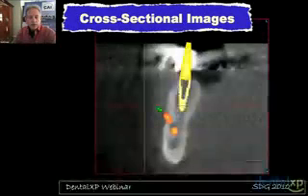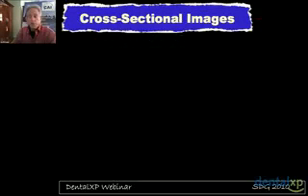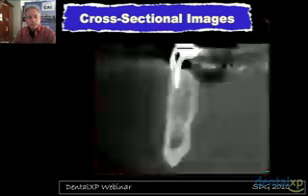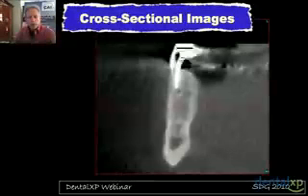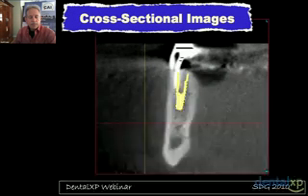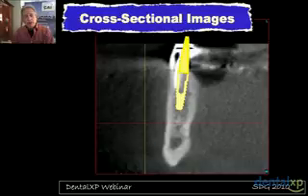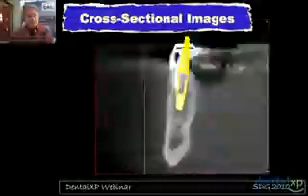We can see the thickness of the cortical bone on the lingual aspect, and we can see, of course, that lingual concavity that we certainly would not want to perforate. So looking at these cross-sectional images, we can see where the position of the tooth might be. We can evaluate position to place an implant. We can place a virtual implant, but then we need to extend some sort of a prosthetic extension of the